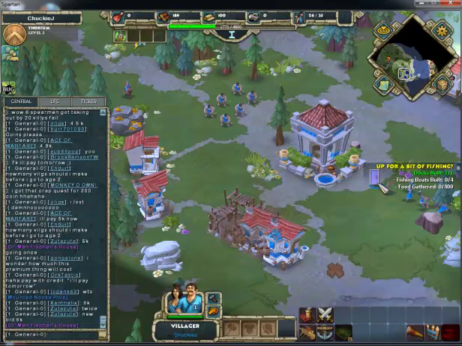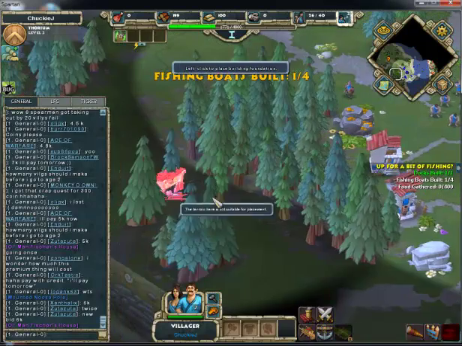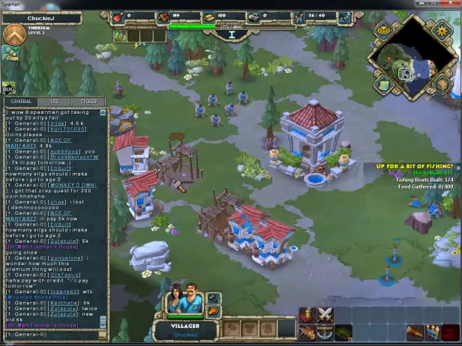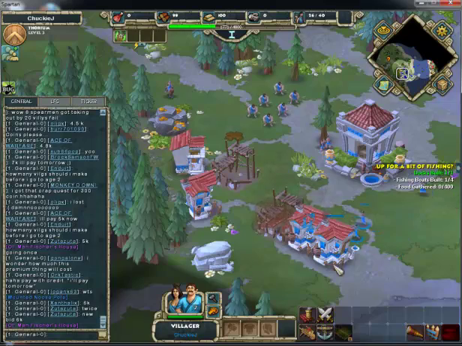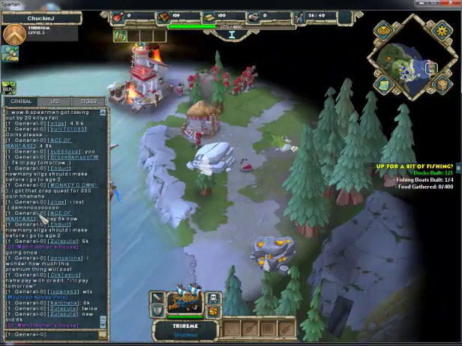I'm gonna put a couple guys on lumber here, and have these guys build a storehouse over here. It's between the gold and the stone. I don't think I really need stone in this. But